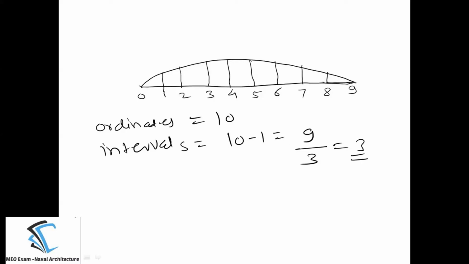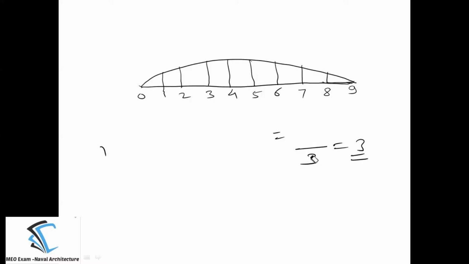Then how to calculate the Simpson's multiplier in this case, that we will discuss now. What we have seen, for Simpson's second rule you should have a minimum of 4 ordinates. So what I will do, I will make the region by considering the 4 ordinates, 0, 1, 2, 3. This is the first region. From 3, 4, 5, 6, this is the second region.